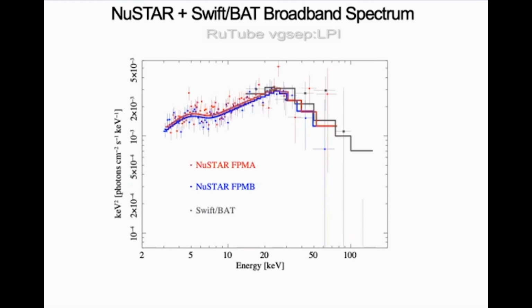And this is the result. And clearly you see here I added also some data from the Swift BAT to have more statistics. And you clearly see there is this large excess right here. So to establish the significance of this excess, you actually need to perform Monte Carlo simulations, and this is what